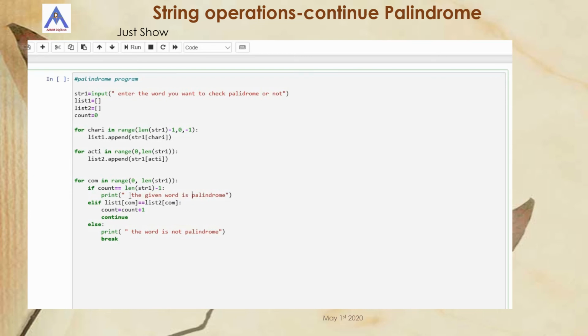Else if, now you have to compare list 1 compare equal to list 2 compare, each character to be compared. If it is the same, then you have to increment the count value, then continue. Else if any of the characters is not equal, then you have to come out and give break.